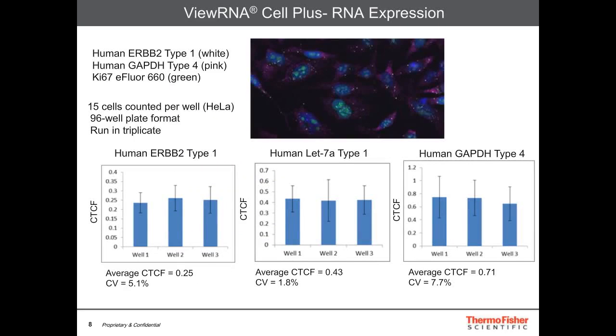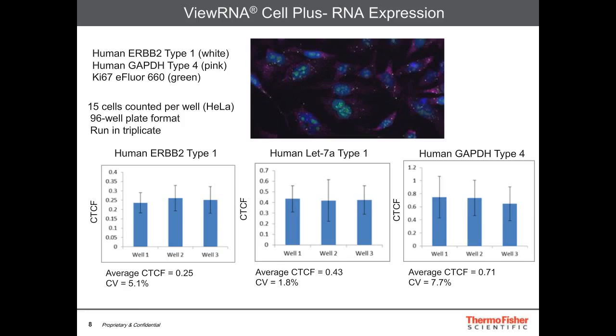So when we looked at assay performance for RNA expression, this is a photomicrograph showing ERBB2 signal in white. These are the white dots. GAPDH type 4 is pink, and this is just a housekeeping gene, and Ki67 in green, which marks dividing cells. And then we counted 15 cells per well, and this was run in triplicate in a 96 well plate format. If we looked at the corrected total cell fluorescence, this is done by simply marking a perimeter around the cells